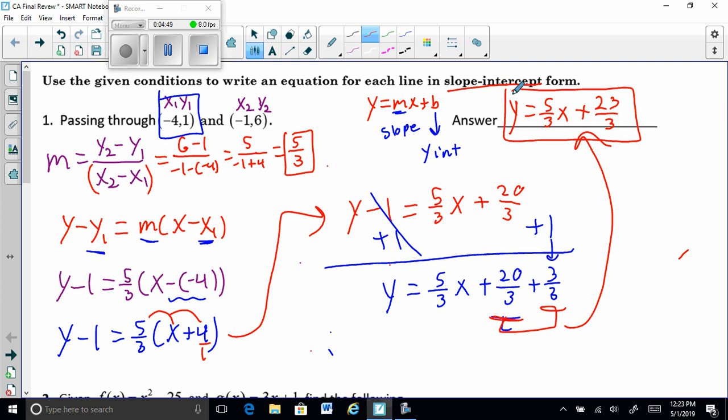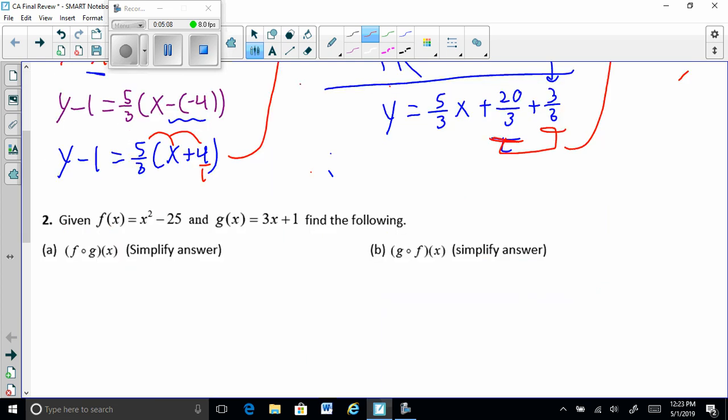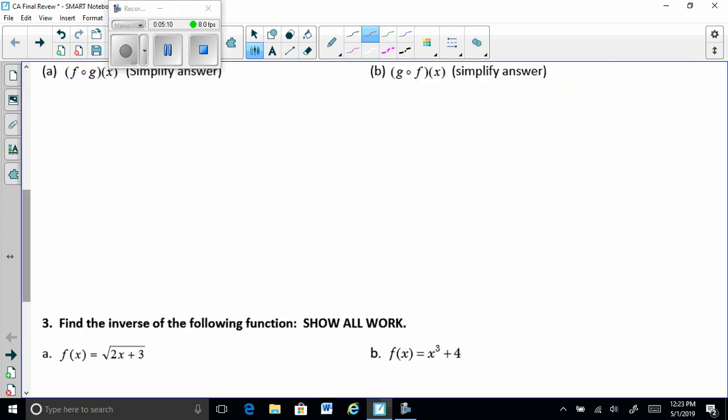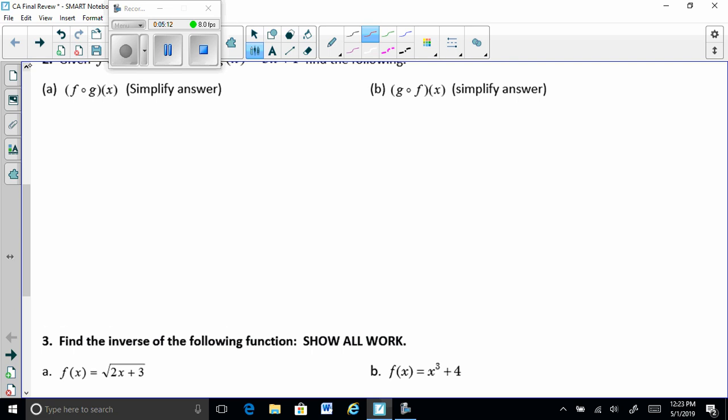So that's quite a bit right there, okay? And that's back from the first unit of college algebra when we were looking at functions and lines. So that's how you find the equation of a line given 2 points. Also part of that material was looking at composite functions, and so that's what we're going to look at